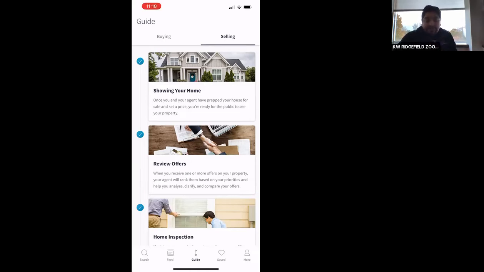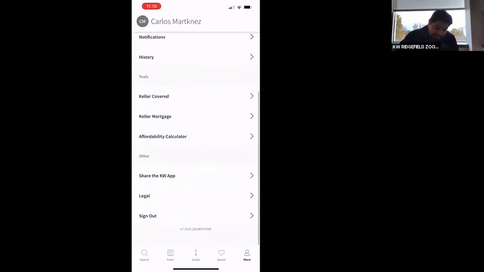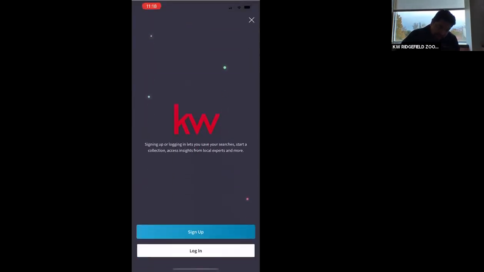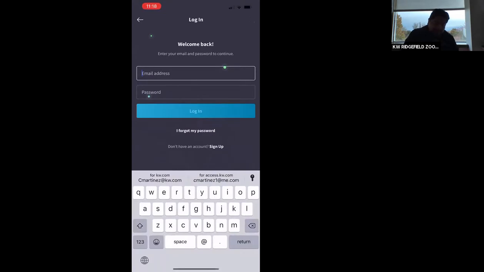And you set yourself up as a client by going to More and signing out. You're going to go to More and log in, and you're going to sign up. Now, if you use your unique URL to download the app, it should automatically make you your own agent, right? And if you don't,